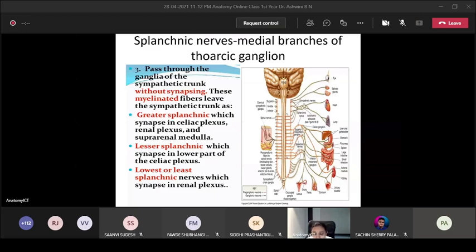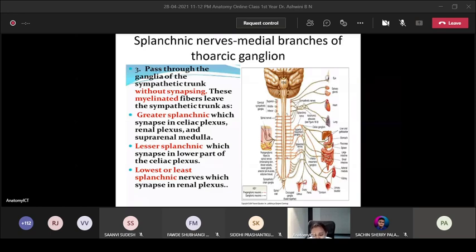You might have experienced that whenever you are frightened, the hair follicles present on the skin stand up because of contraction of the erector pili muscle. It's because of the sympathetic activity. That is pilomotor. And pseudomotor is increased secretion from the sweat glands. That is to the skin and to the abdominal organs, and the heart also it will supply. So that's the action of the branches from the sympathetic trunk.